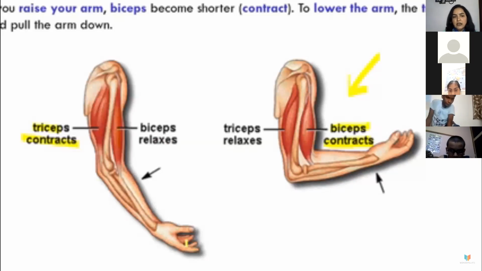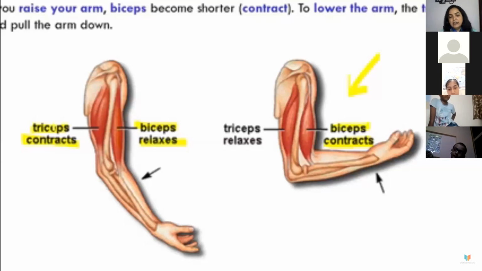And when you leave your hand loose, then at the back the triceps will contract and biceps will relax. So this procedure works whenever you are pulling your hand or your forearm. So the most important work is of biceps and triceps in the pulling of your hand. You can see from the picture also, that is clearly visible.